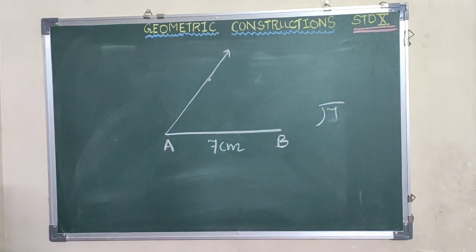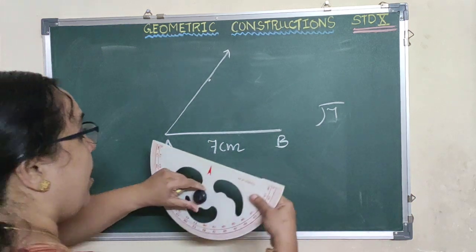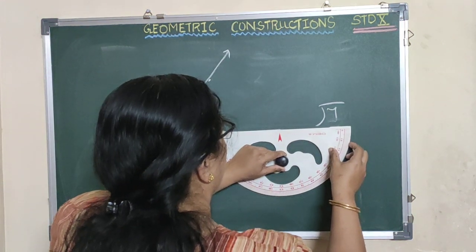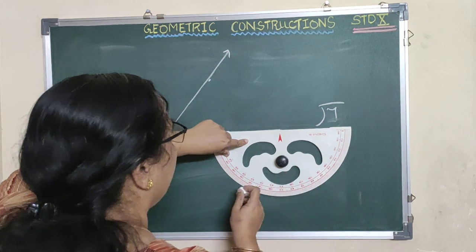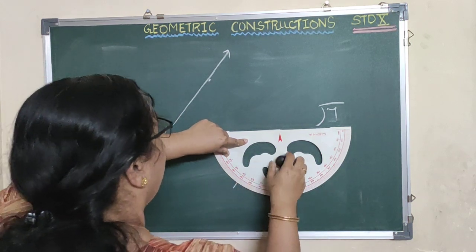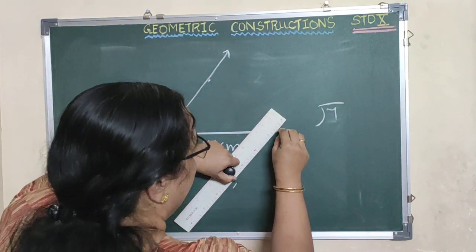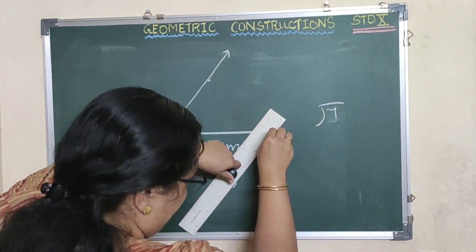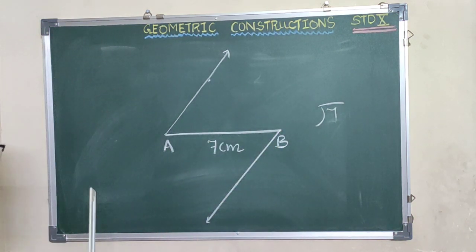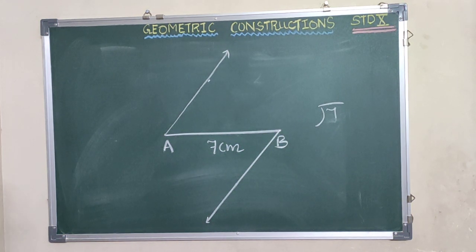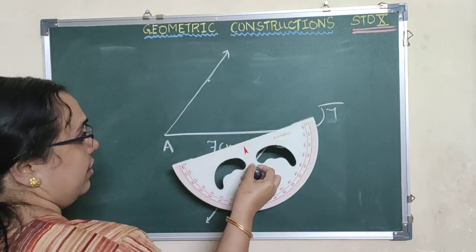Same way, you will keep at point B and this time it is the reverse side of the protractor. I mark the same angle what I have taken here and we join and complete the angle. After doing so, we take the help of the protractor. And if you take the help of the protractor, you can see that these two angles are congruent because we have taken it similar, right?